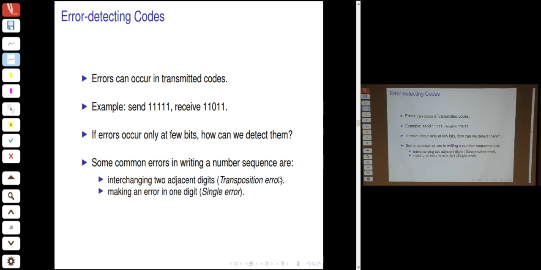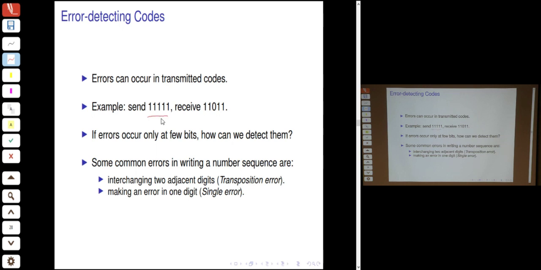So let's now get back to our discussion of coding theory. What we already discussed a bit was that errors can occur in transmitted codes. So for example,